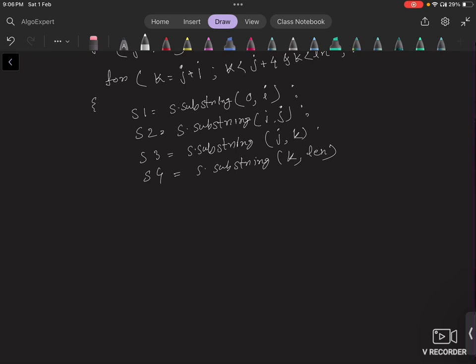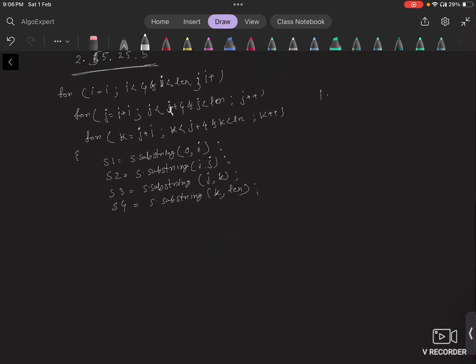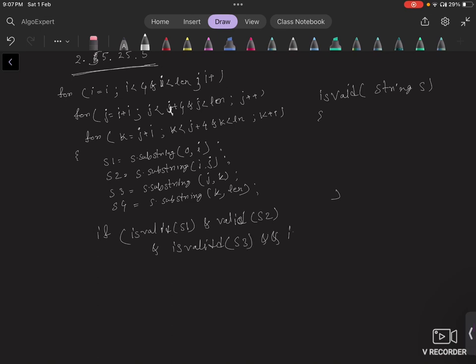Now we need to check whether all those substrings are valid or not. So basically we need to write one isValid function, and it will take a string, and we need to check whether this string is valid or not according to the definition of a valid IP address. And if isValid s1 and isValid s2 and isValid s3 and isValid s4, if all the strings are valid, then we can simply add